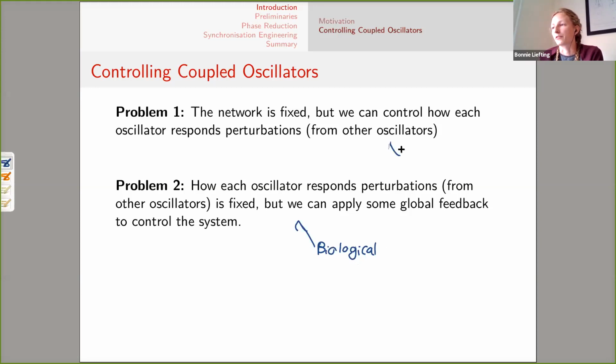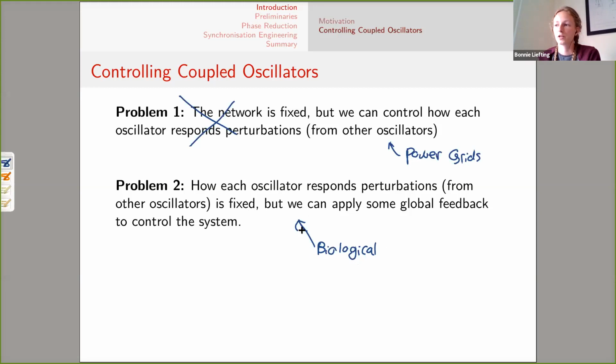And this would be something like power grids that already exist. And these power grids, we're not looking at how to control them because there's better methods for that. But we're looking at these biological systems or just in general systems where you can apply some kind of global